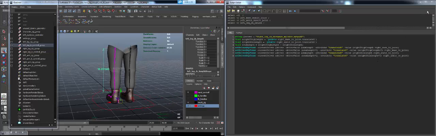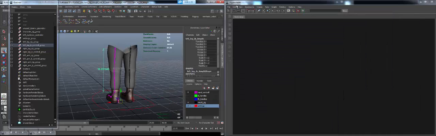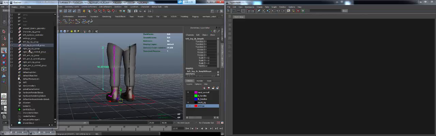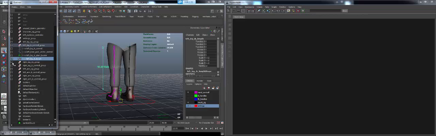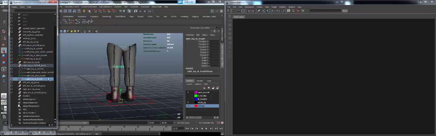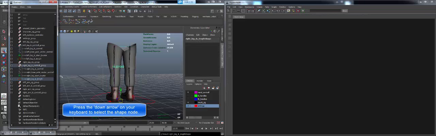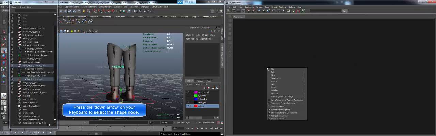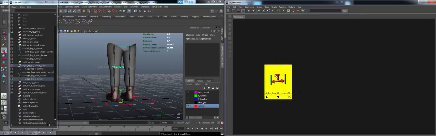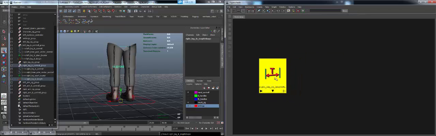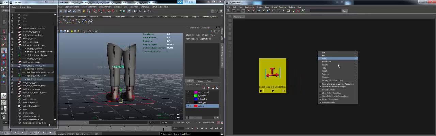We're going to be using the hypershade since I don't have the node editor in my version of Maya. And in the hypershade, we want to open up the right leg IK length shape node. So I'm going to right click and graph that, add the selected to graph, and this will contain our distance. I'm also going to create